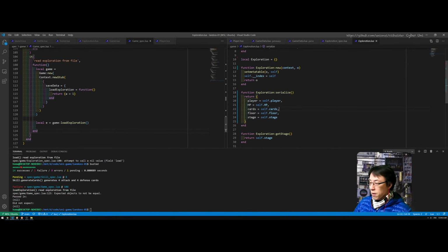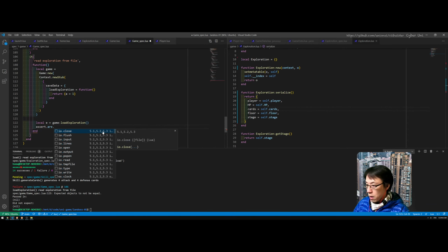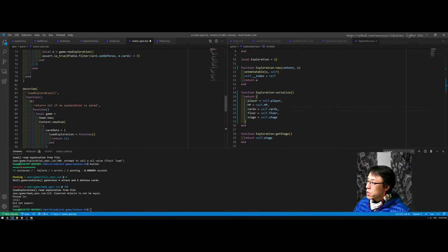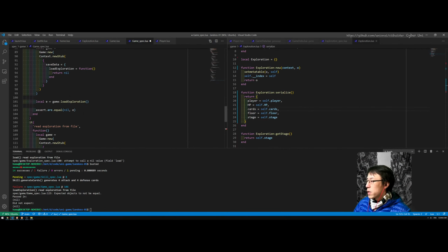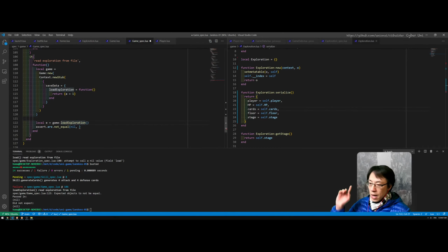So I can check assert not equal to nil, because we are doing a load exploration. But do we really need to load exploration in this case? But the test is load exploration. So load exploration from file, that gets the exploration, and then